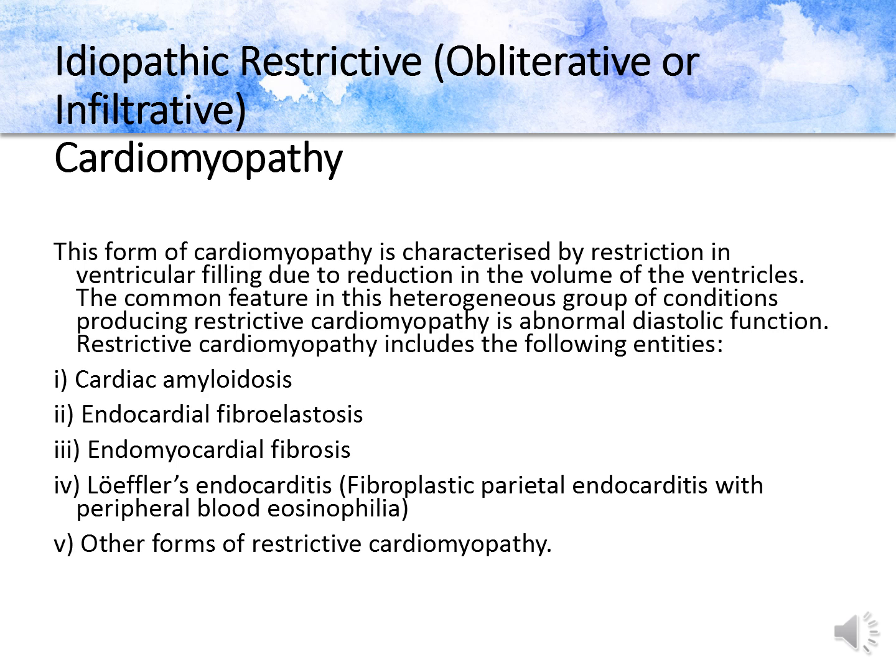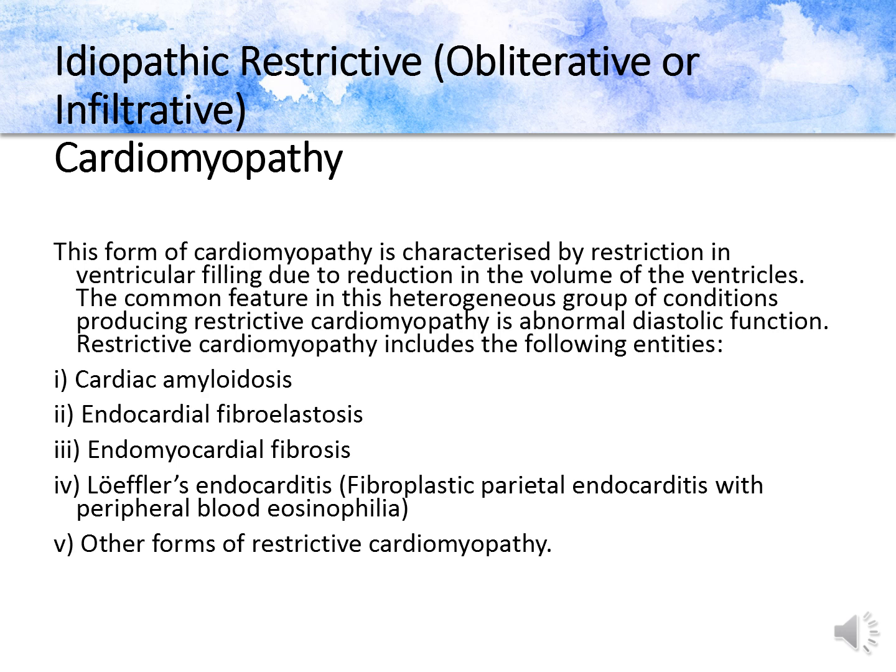Idiopathic restrictive or obliterative or infiltrative cardiomyopathy, it's another kind of disease. This form is characterized by restriction in ventricular filling due to reduction in the volume of the heart chambers. The common feature in this heterogeneous group of conditions producing restrictive cardiomyopathy is abnormal diastolic function. Restrictive cardiomyopathy includes the following entities: cardiac amyloidosis,